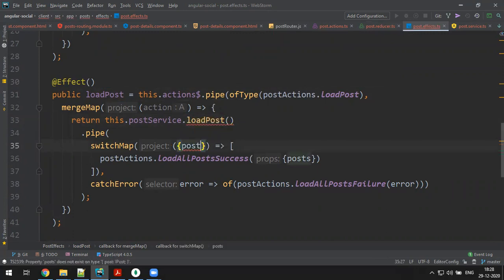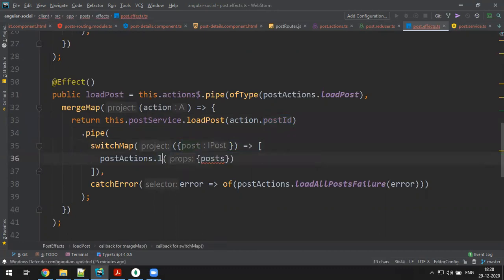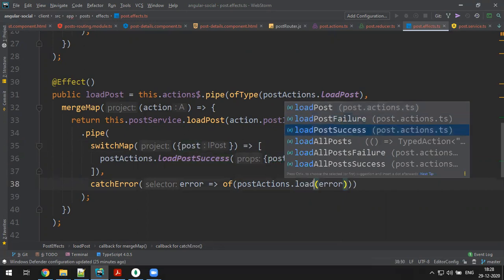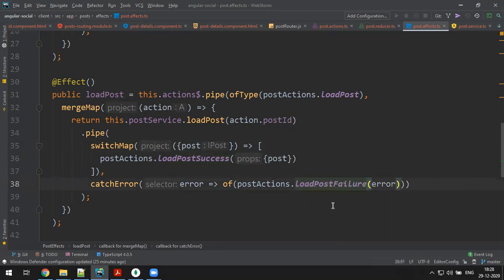You get a single post from there. Here you have to provide action dot post ID for the service. Service takes in the post ID, right? You get back the post and this says load post success. You need to provide that post to that, and then load post failure. It takes the error. Fine.